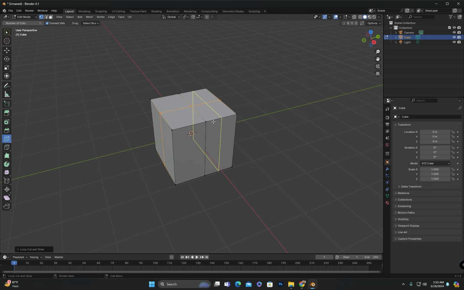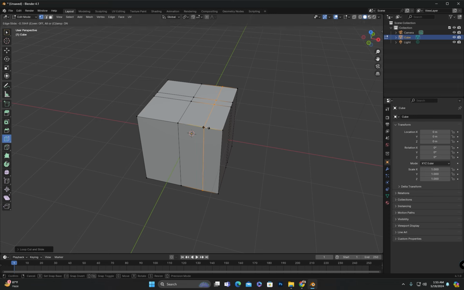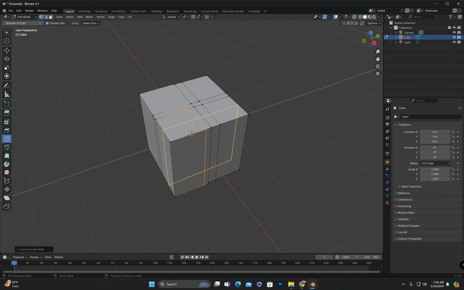And if you click and drag the mouse without releasing the click, you can change the position of the edge loop. When you release the click, the edge loop will be added where you release it. If I click here, drag and then release the click, the edge loop will be added here. Similarly, if I click and drag on this side and release the click here, the edge loop will be added there. But we will use this tool through shortcut.